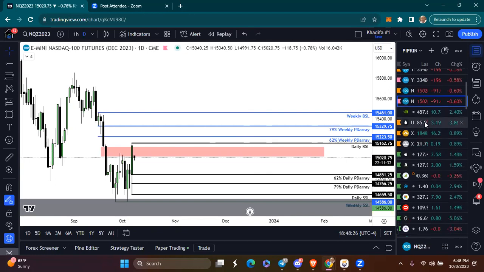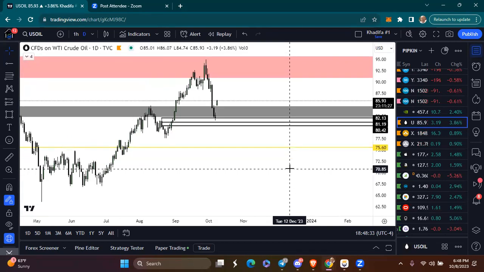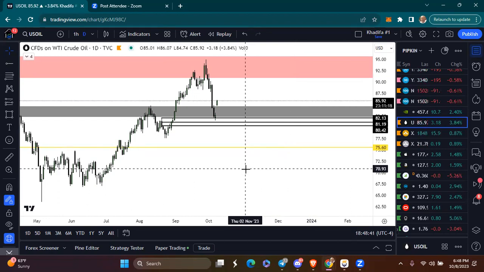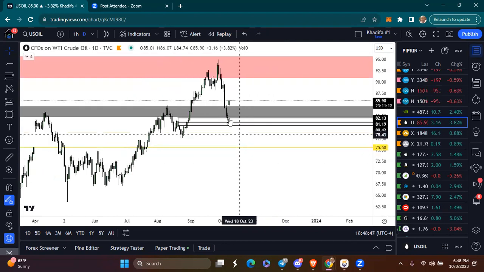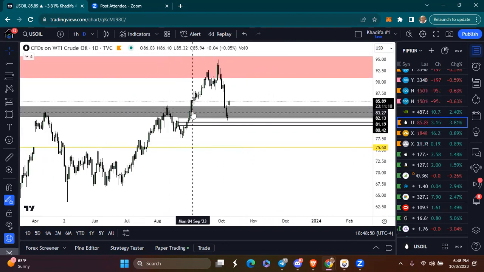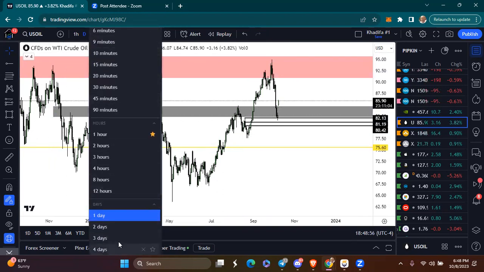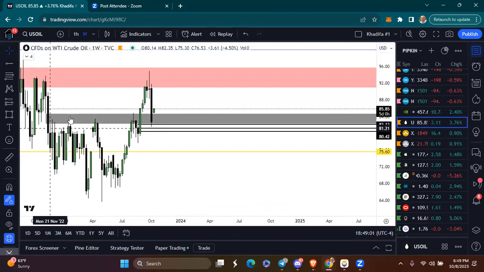And yeah, I'm gonna take a quick look at oil because you guys know that me and my private group on Telegram have been following oil since 2020, ever since oil went to zero. Been trading oil all the way back up to where it's at now. And this was an intricate level that we was waiting for oil to break, right? This weekly fair value gap, right here. I told you guys once we got an aggressive break and close above that weekly fair value gap that I would